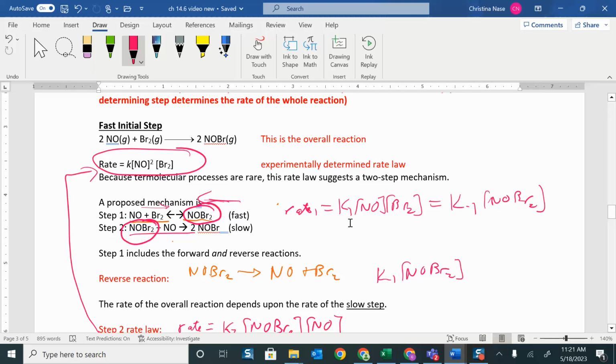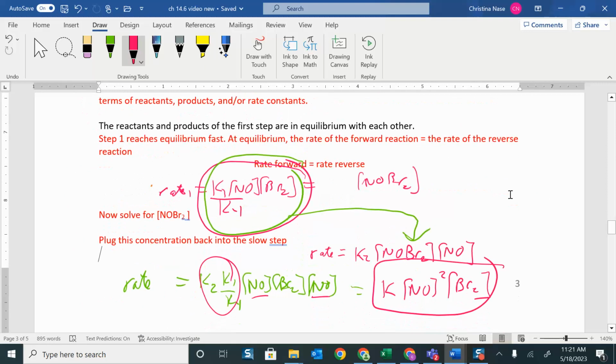So I wrote the rate law for the forward reaction. I wrote the rate law for the reverse reaction. I set them equal, and I solved for that intermediate. So that's what we did down here. We set the rate forward equal rate reverse. We solved for the intermediate, and then we took that intermediate, whatever all that equals. It's going to be a mixture of rate constants and concentrations of reactants against products. Take that, put it into the slow step, and then just combine like